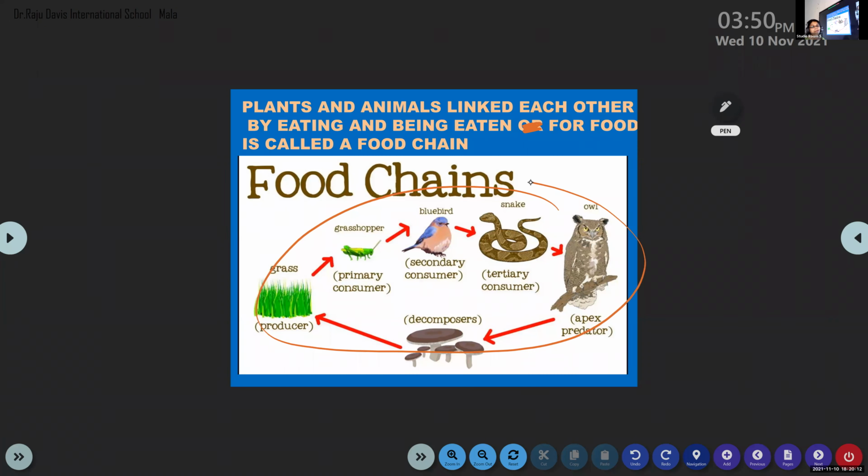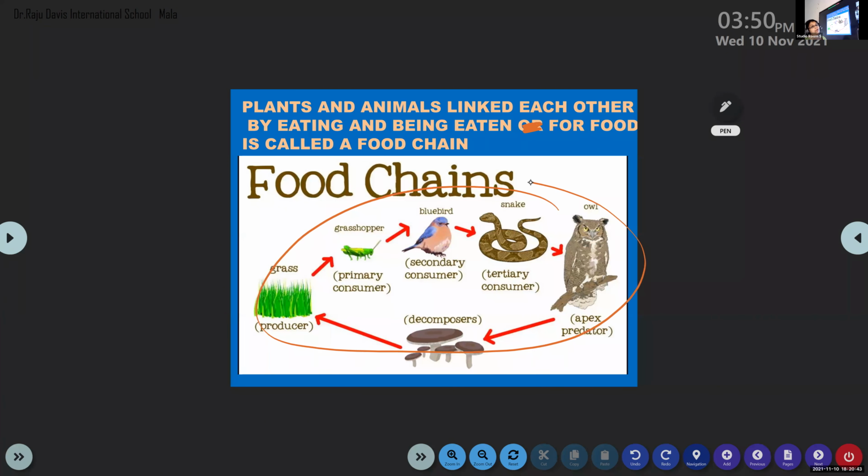So our life also is a cycle. It will continue, just like we have day and night every day. The grasshopper will be eaten by crows or any small birds. Then the snakes can eat the birds. Snakes not only eat the birds, they will eat the eggs of the hen, and the chicks. They will also eat small animals like rats. And the owl will eat the snake.